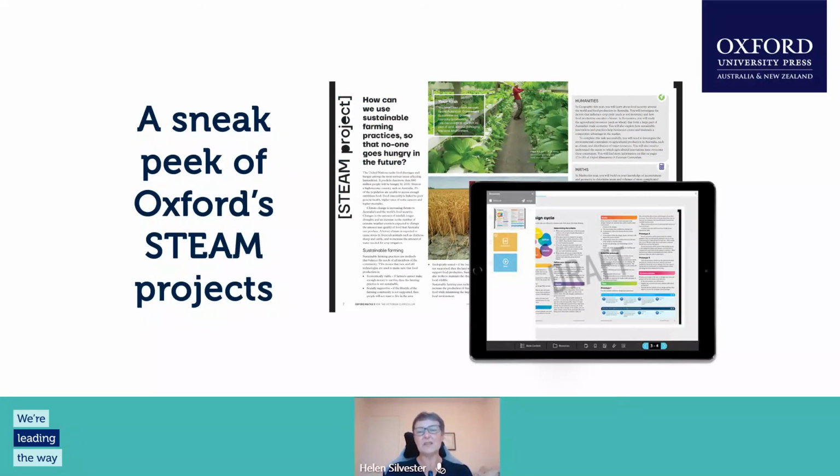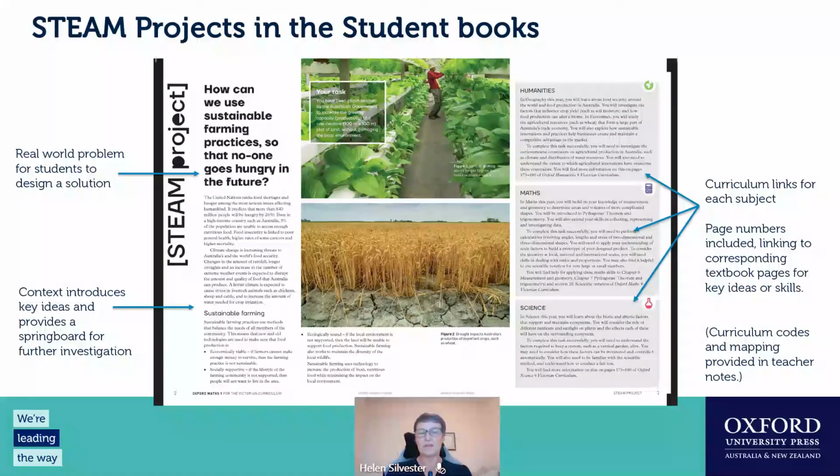So I thought the best way of giving an example would be to use one of the ones that we've put into the textbooks. So these STEAM projects are actually in the science textbook, the humanities textbook, and the maths textbook. So it crosses over all of those. And the example I'm going to use is one aimed at year 9. So the problem, we've defined the problem, and I know one of the biggest difficulties for a lot of schools when you're wanting to implement it is working out where things overlap.